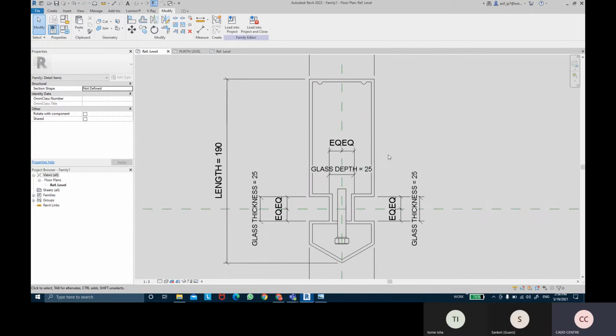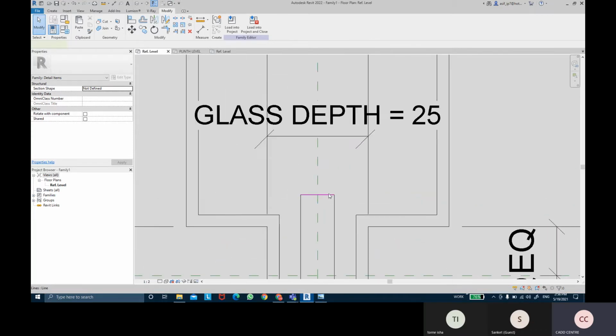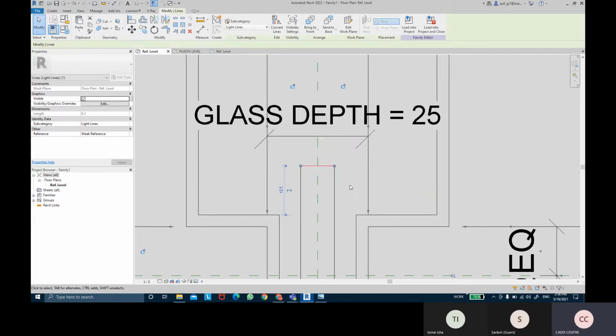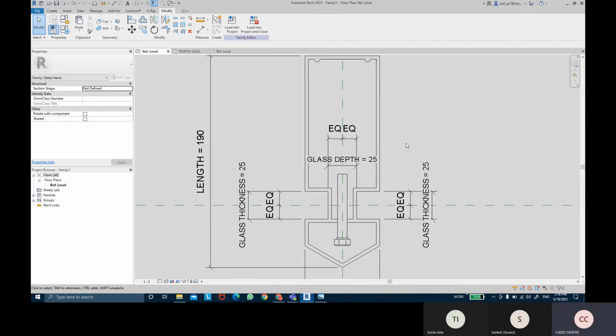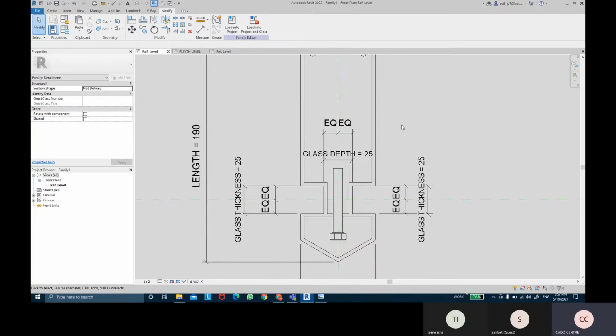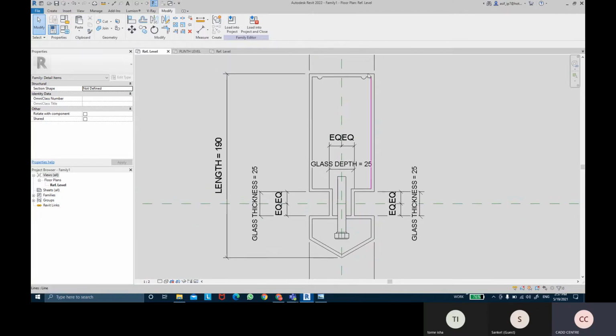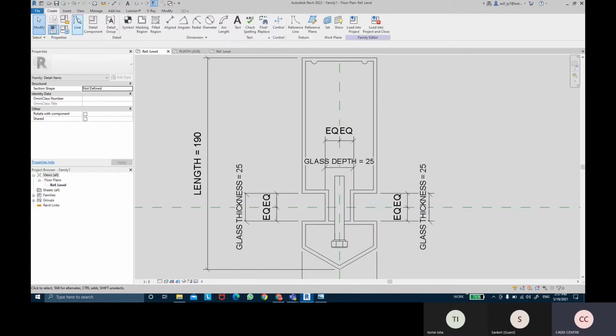So whatever is your detailed shapes of these drawings, the working drawings or the shop drawings of the profile details, you just have to clearly create that. You can even give parameters to these bolts and everything as well.